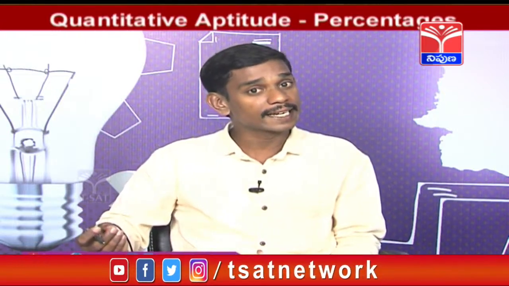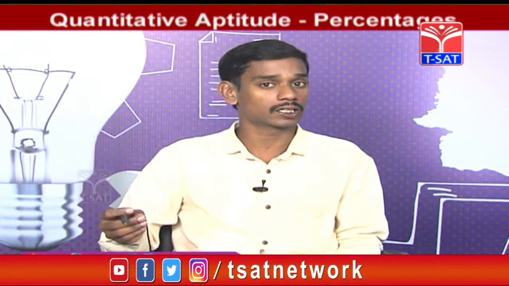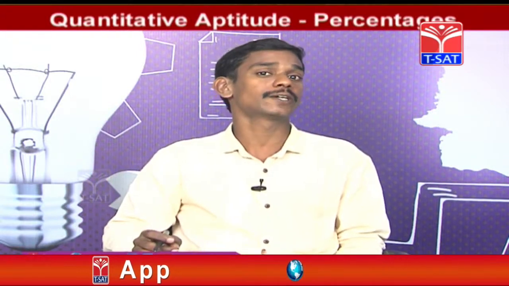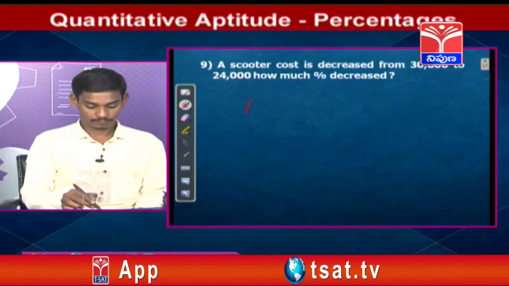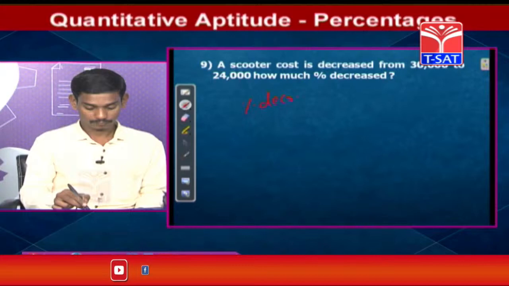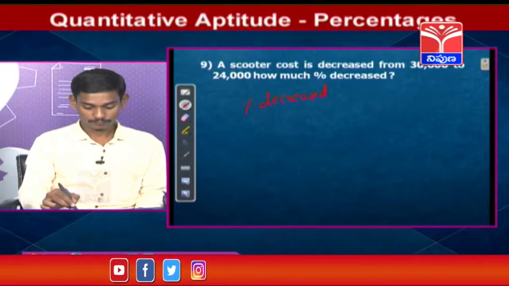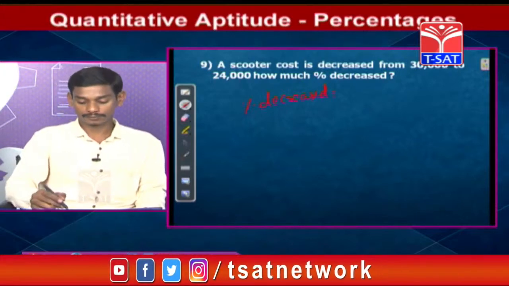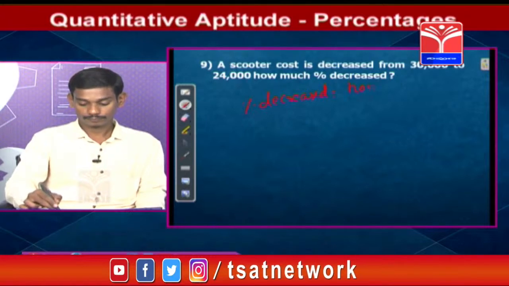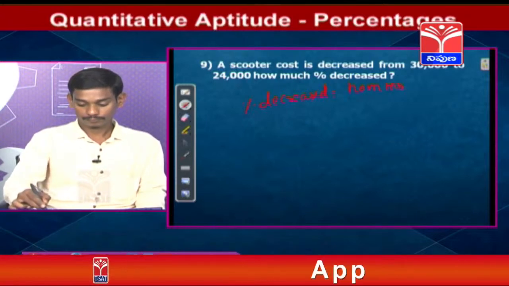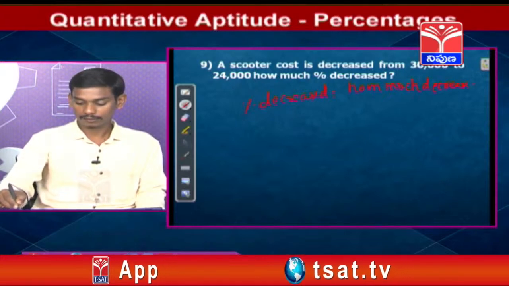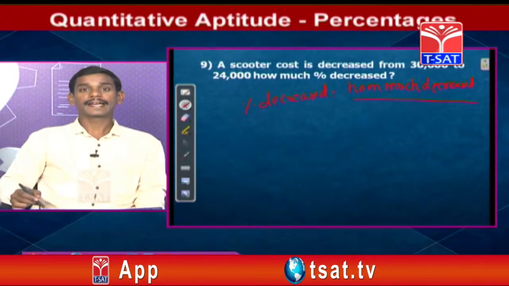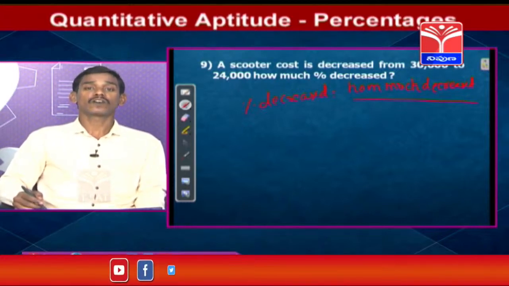How much percentage increased or decreased is equal to how much is increased or decreased by initial quantity into 100. Once again I will write that formula. Percentage of decrease is equal to how much decreased, by initial quantity, that means first quantity,